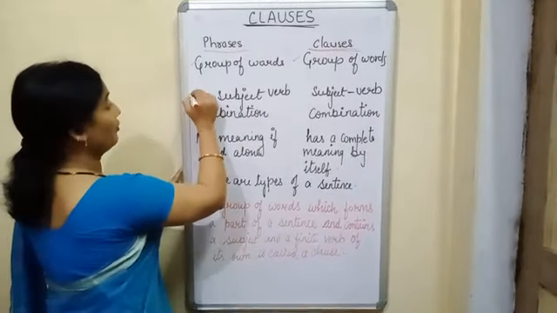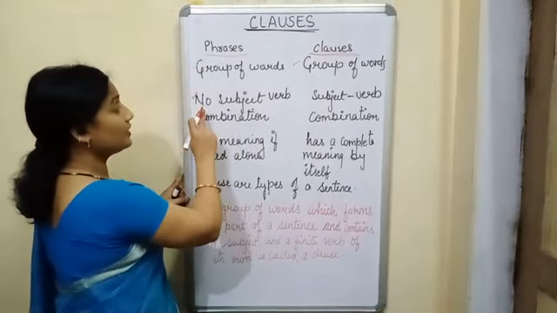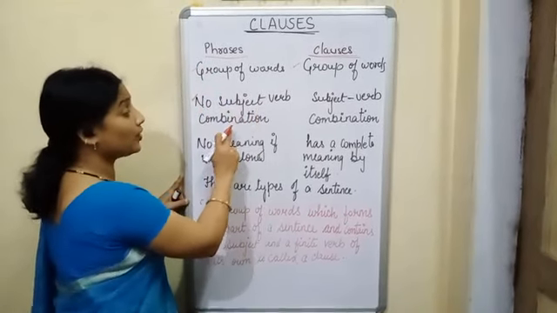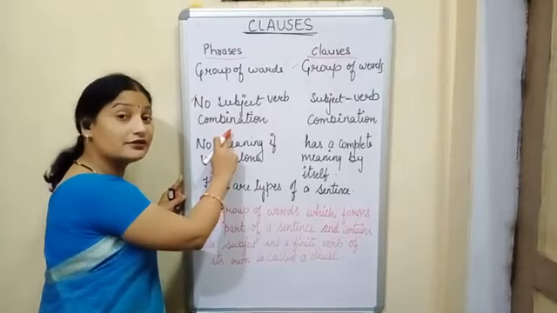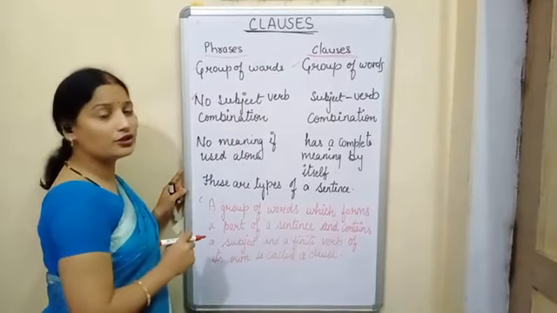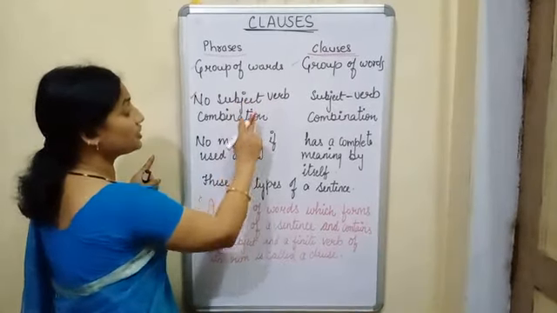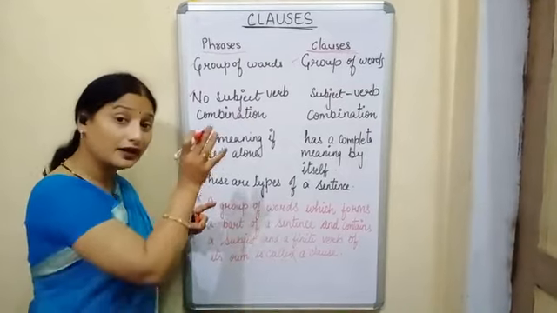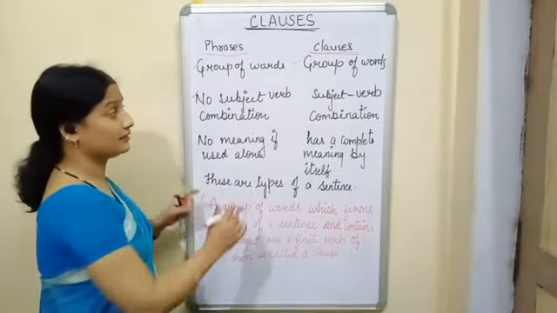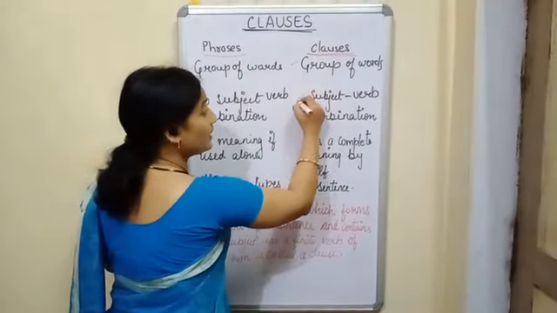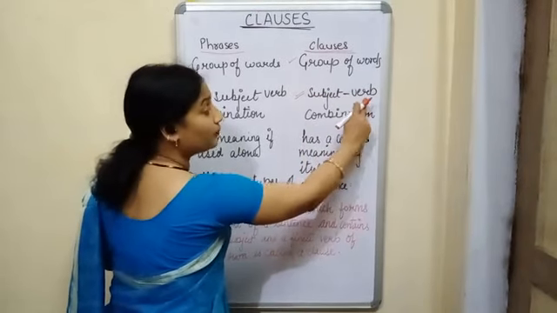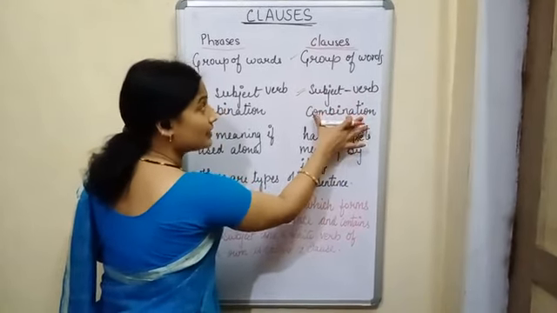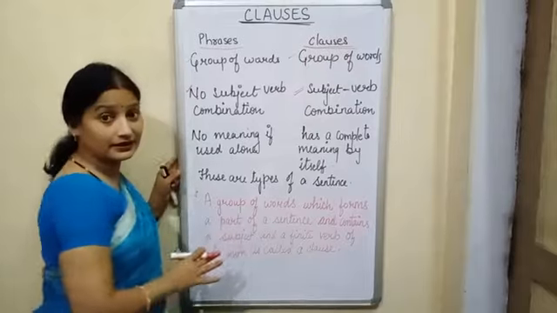Come to the second point. There is no subject-verb combination. Students, remember, I have already taught you that there is no subject-verb combination in the case of phrases. But there should be